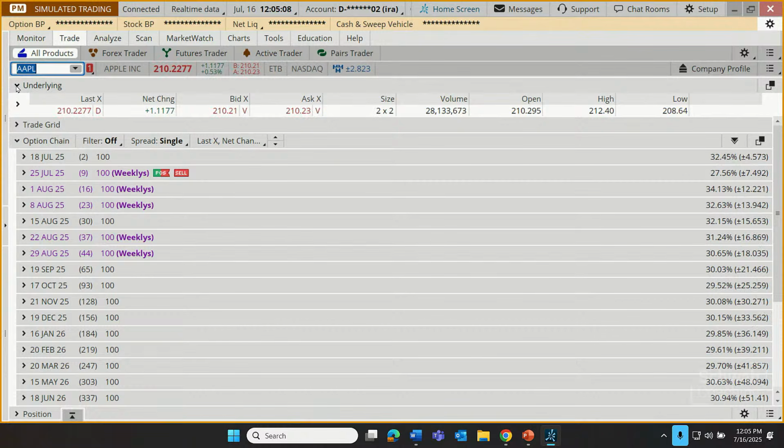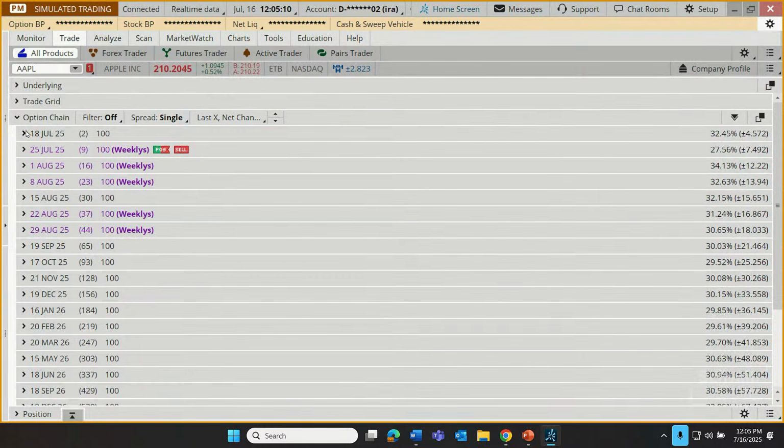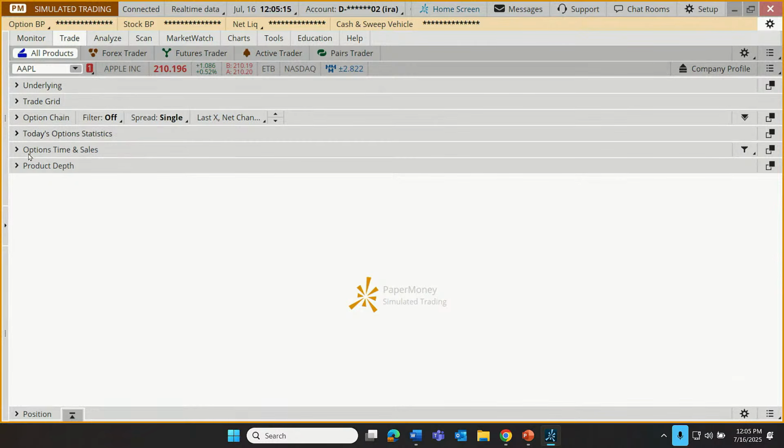All right. I'm going to click on the little arrow next to underlying, and it collapses that. I'm going to click under option chain, and it collapses that. Then you can see these other tools that are going to be available to us that maybe have been spread out. Maybe they had accordioned out off the bottom of the page. But let's just start top left, move left to right, and get acquainted with this